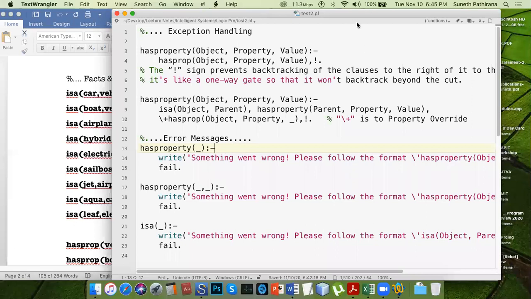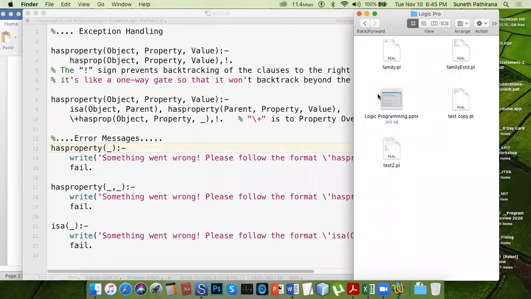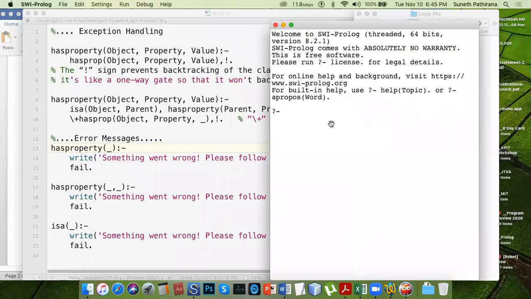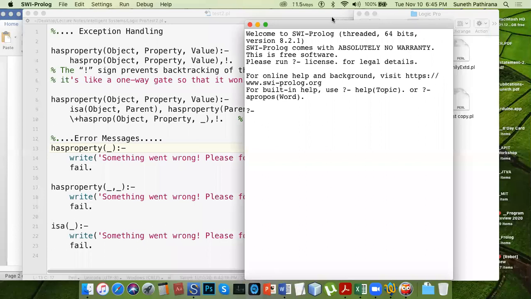So let's compile and execute this. What's wrong with it?